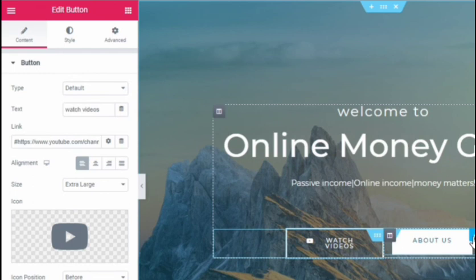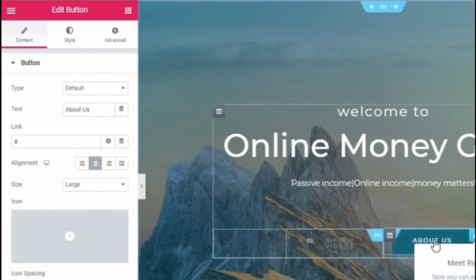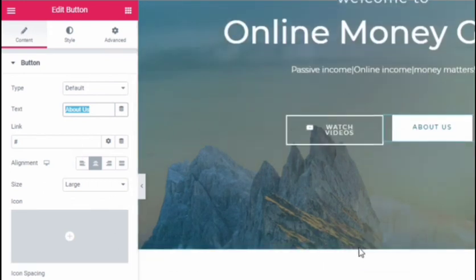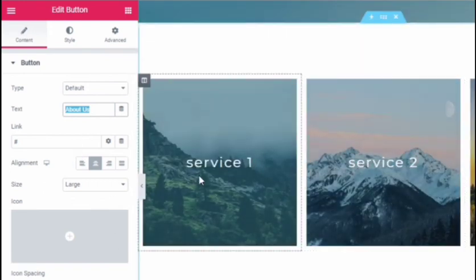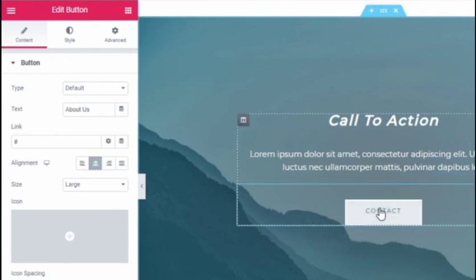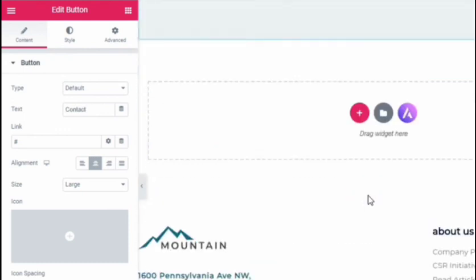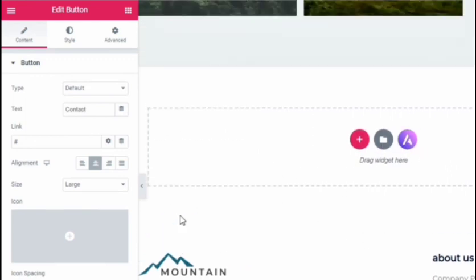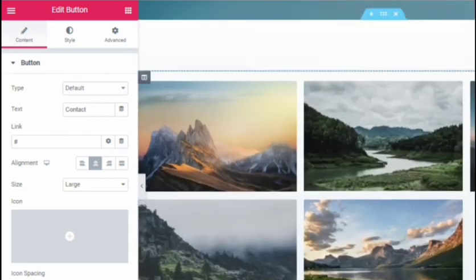And in the same way, if I want, I can even change the about us button, but I'm not going to do that. I think you already know the procedure, so you can edit it as how you want. Same way, I'll be changing all these things. If you want, you can name it however you want, or if you want your blog post to come there, you can change that one. And this is call to action page. Like if you want your people to subscribe, make sure you install newsletter plugin, newsletter or MailChimp, something like that, and you can add it here.